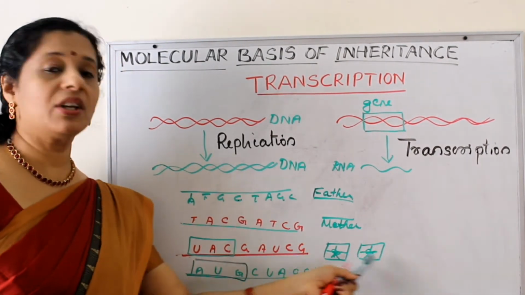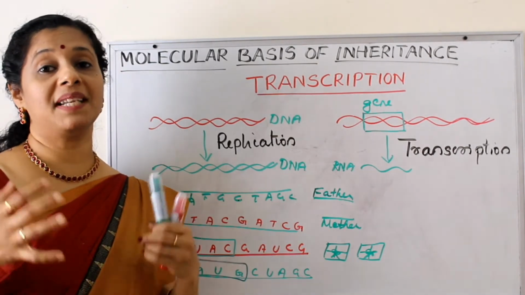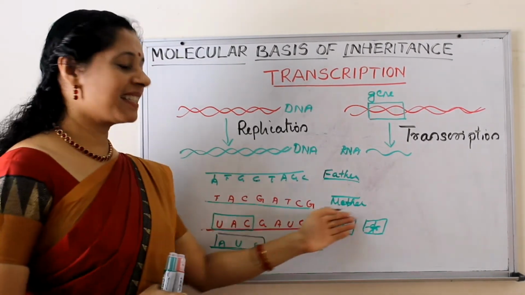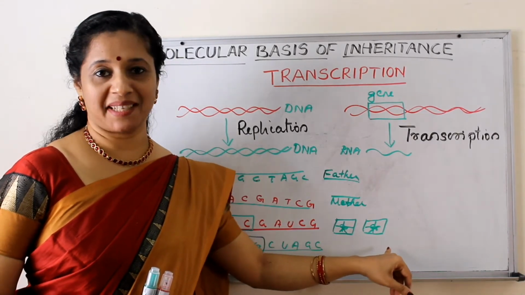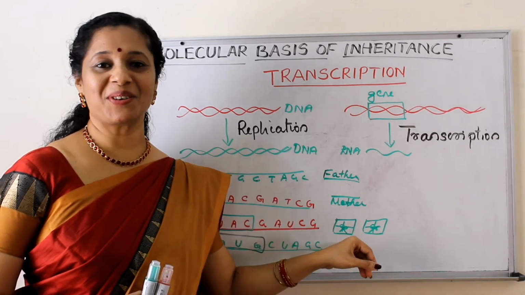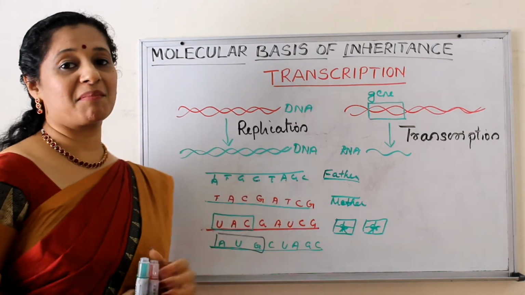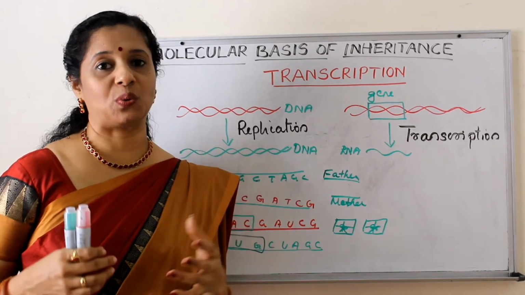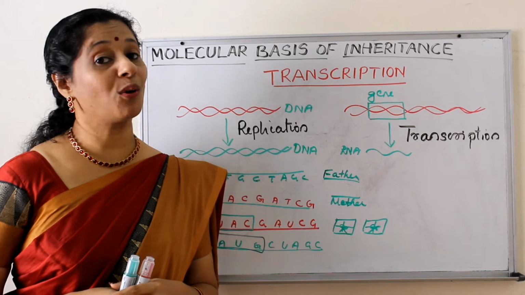So here also, now you are confused which one to take. Or suppose they both are the same company, same model. It may happen sometimes, right? So it is confusing. Suppose you take the one given by father, mother would become upset. If you take the one given by mother, father might become upset. So you don't want to hurt both of them. This is what is happening when both the strands are being copied. They will make two proteins, but the body does not know which one to use. It's a confusing thing, right? So always only one of the strands needs to be copied.